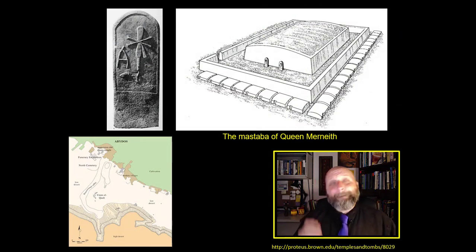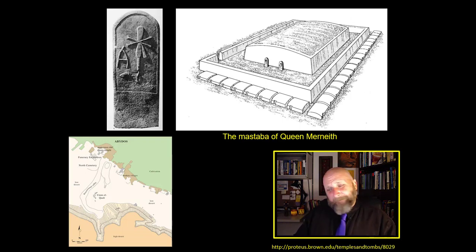But one of the things about these mastabas is that not every mastaba was equal. If you were very wealthy and if you had a high status in Egyptian civilization, your mastaba would be really nice. Okay, if you were a grand vizier, all right, or a successful general, you'd have a really nice mastaba.